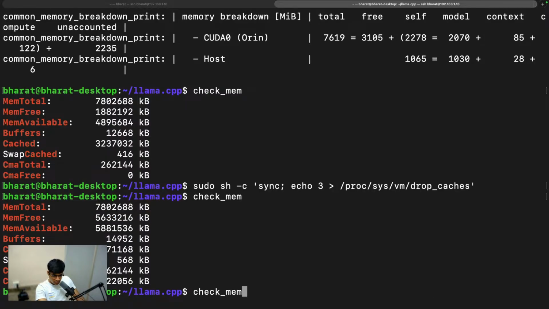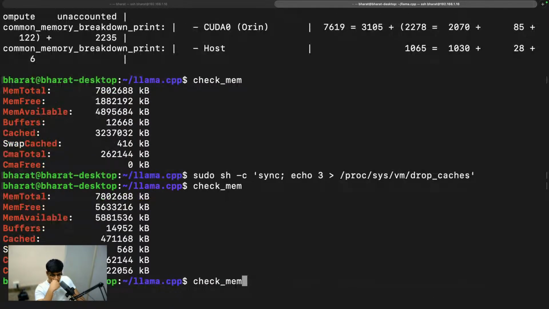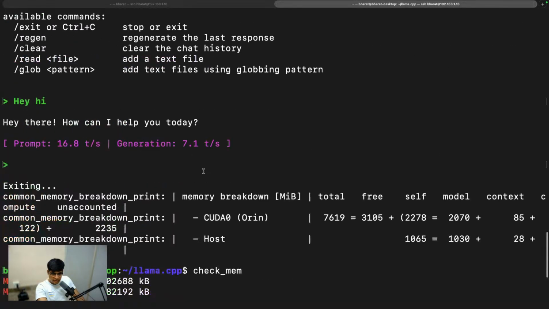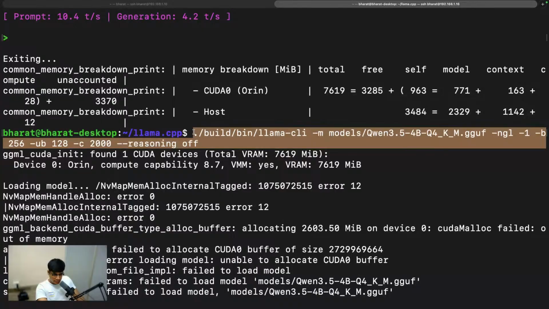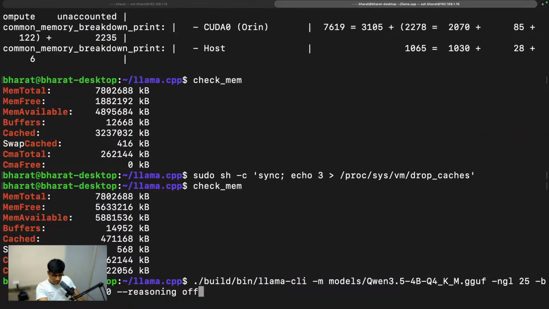So if I run the model again, why does it fail? So this one failed, right? Let me see which one failed. Let me run that. So this one failed, this didn't work. And if this works with this one,